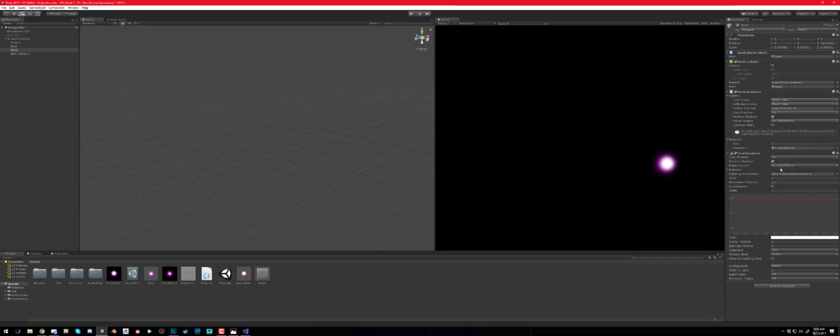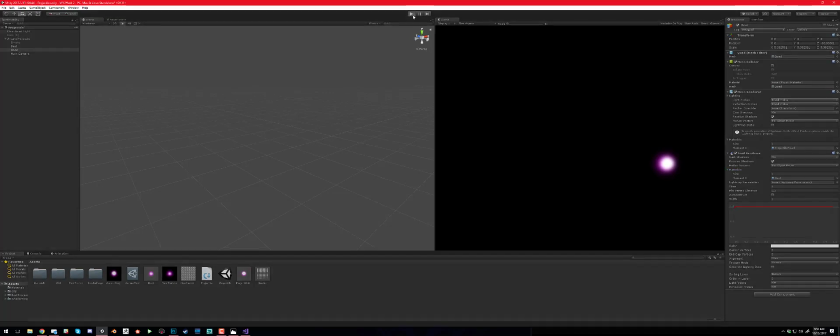So let me adjust the trail's material. Trail has a set of materials. We're currently using none, which is why it shows up pink like that. Let me drag and drop in our dust material, just to see if we can reuse that. Go ahead and press play and see what that's looking like. All right, it's looking kind of weird. Hit pause. The reason why that's looking so weird,